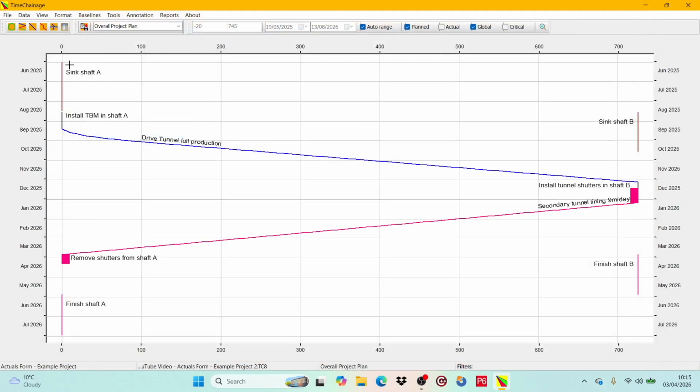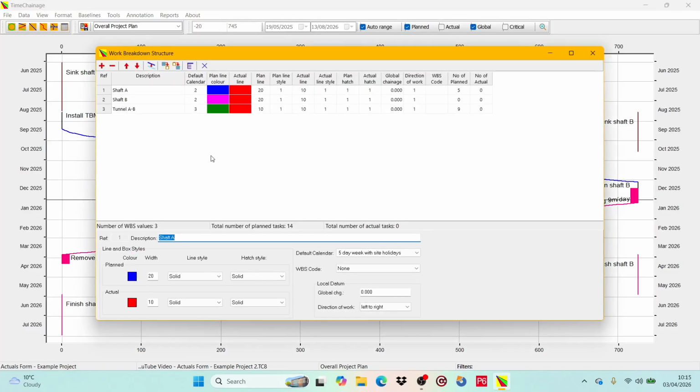I'll just open the WBS and Activity Code 1 forms to show you what is in there currently. We can open the WBS form from the toolbar using this button. Here you can see we have just the 3 values showing the structures that form the project. 2 shafts and a connecting tunnel. We are interested in code reference 3 for this tutorial. We close the form